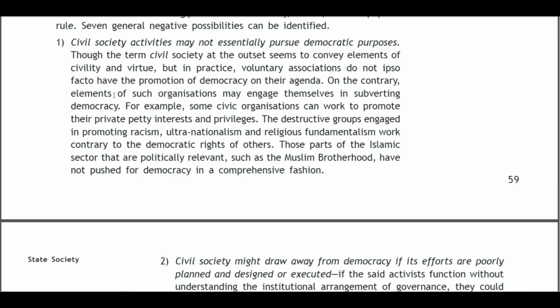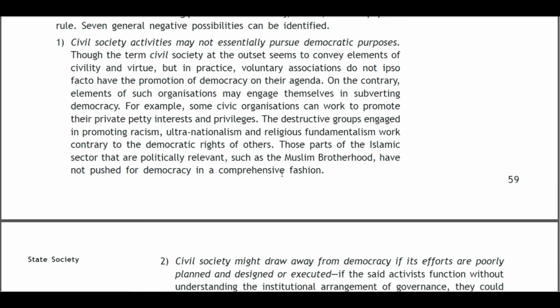On the contrary, elements of such organizations may engage themselves in subverting democracy. For example, some civic organizations can work to promote their private petty interests and privileges. The destructive groups engaged in promoting racism, ultranationalism, and religious fundamentalism work contrary to the democratic rights of others. Those part of the Islamic sector that are potentially relevant, such as the Muslim Brotherhood, have not pushed for democracy